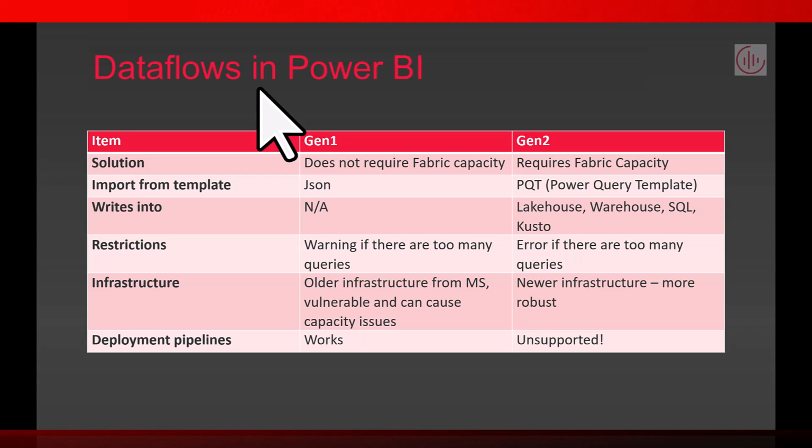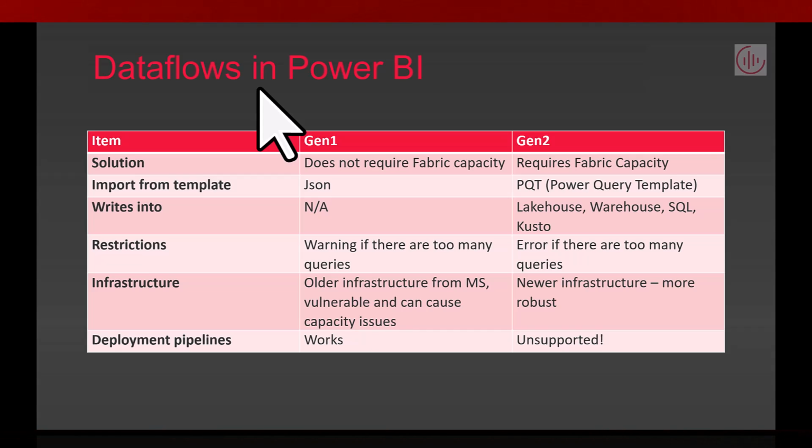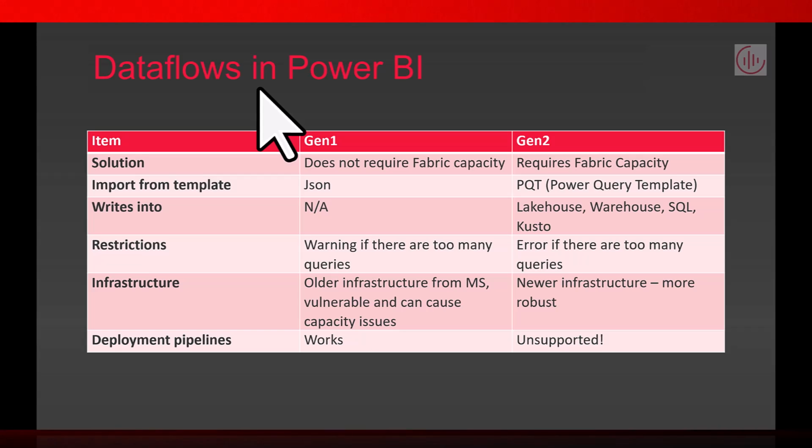Now, restrictions in development. With Gen 1, you can create as many queries as you like. Once you get higher than a certain number of queries, you do get a warning to say that there are too many queries and it may cause slow performance. But in Gen 2, they've toughened that up a little bit. If you've got more than a certain number of queries, something like 50 off the top of my head, you will actually get an error message and it won't let you save the data flow until you've reduced the number of queries. Although that might seem a bit more restrictive, it's a really good thing in my opinion,